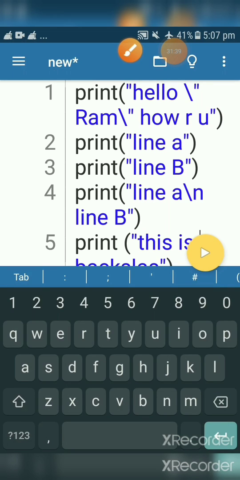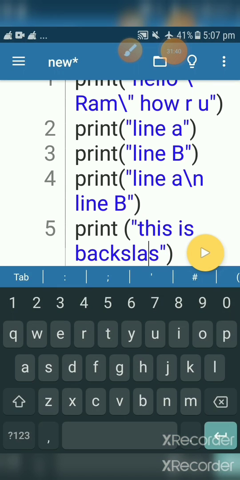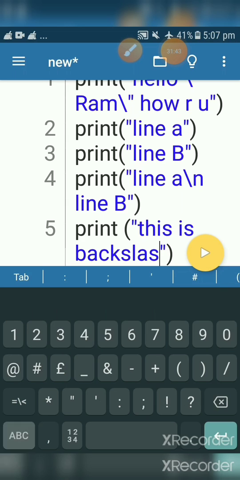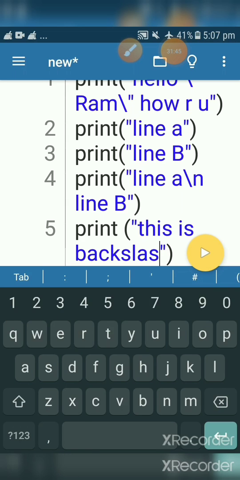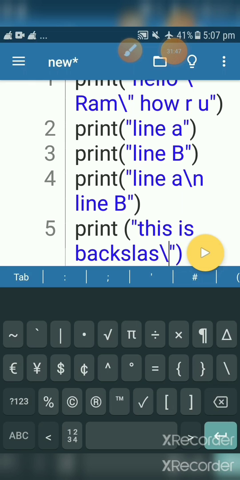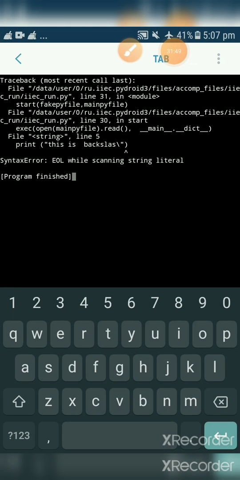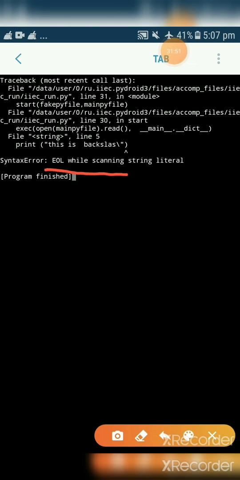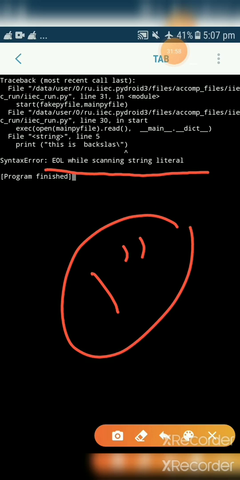Close this and use this backslash here at the end. So definitely you will get an error. See, end of line while scanning string literal. When you have written it like this, the interpreter understands double quotes, and the interpreter does not find the ending, so it will definitely give an invalid syntax error.